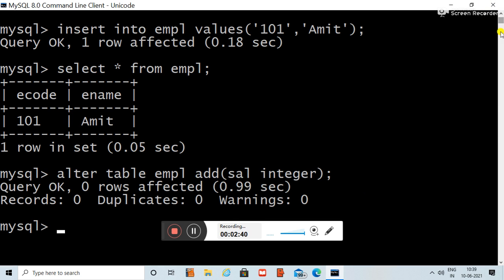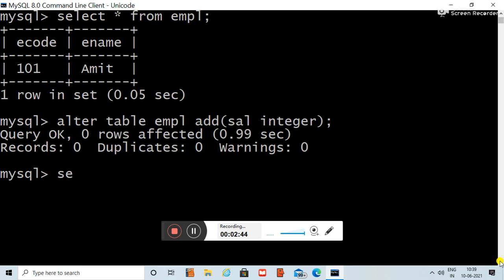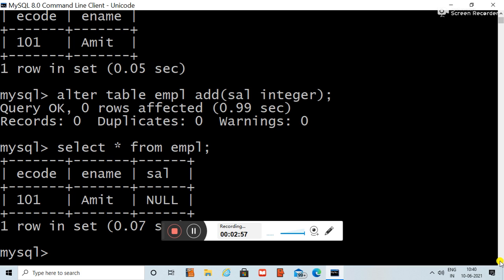If I write the select asterisk command right now, we are able to see this. Null is given because here I have not entered anything. But the column called sal has been added over there.